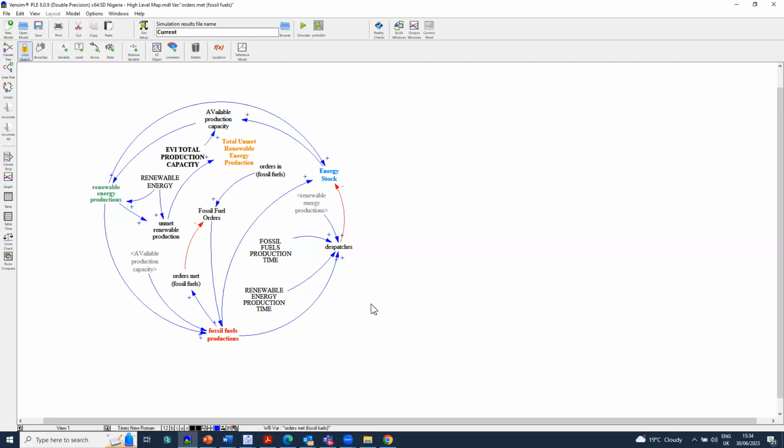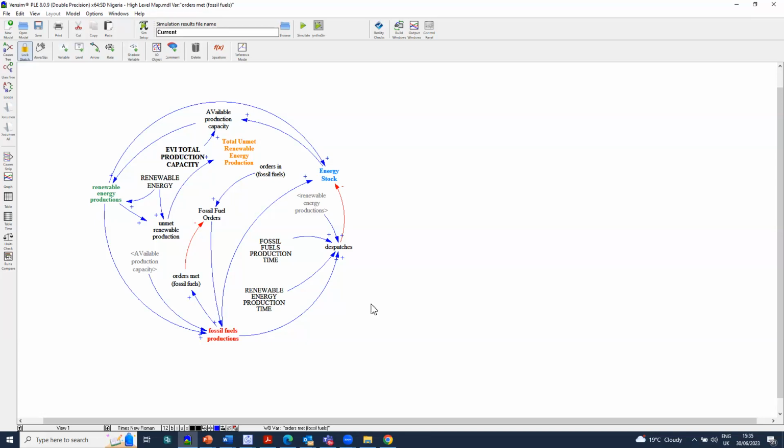In drawing a stock and flow or causal loop diagram, the question you have to think about is: where is the force coming from? That's the way to perceive it. So we have an energy stock. The force that is bringing the renewable energy into the system is from outside. The force that is pushing energy, increasing the energy stock, be it renewable energy or fossil fuel, is from outside. It's got to be produced before it goes into this warehouse. Does it make sense? Yes.